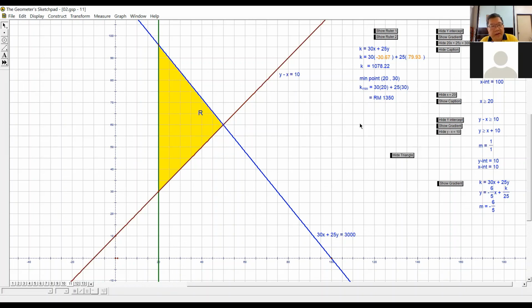So in the exam, you either shade it fully with your pencil, you shade this region, then put the R there, label it either in pencil or in ink, put R there. Okay, so this is the shaded region. Now